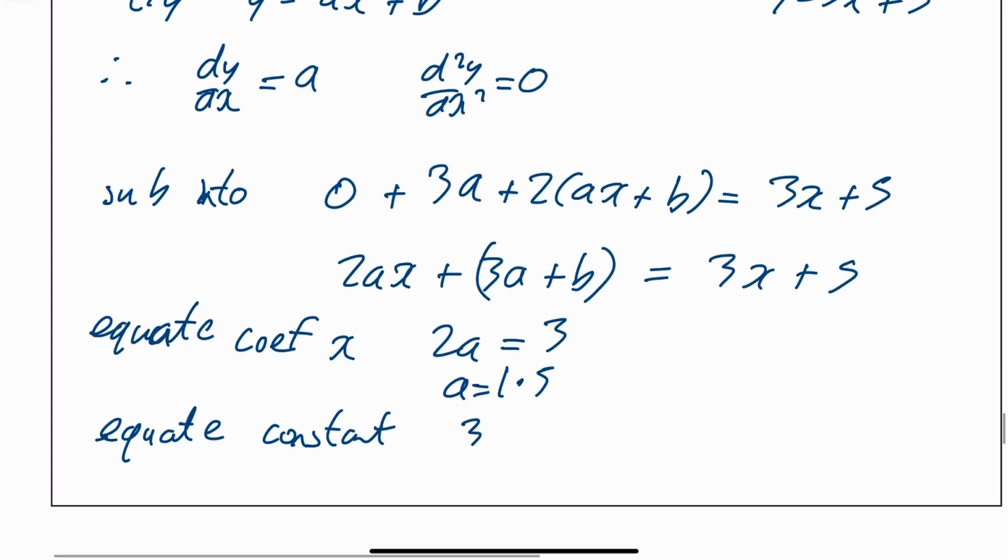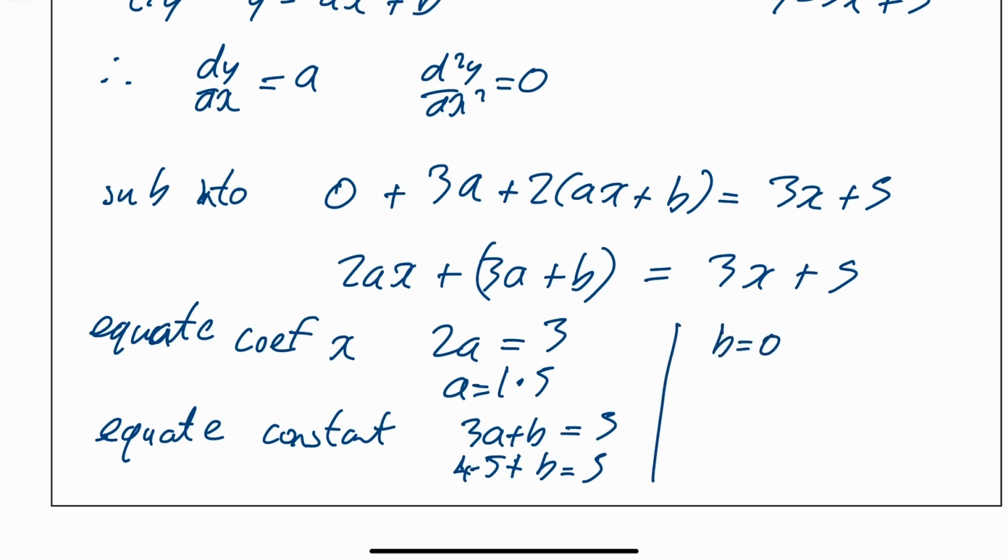So you've got 3a plus b is equal to 5. Pardon me, so a wee bit of working out then. That is 3 times 1.5 is going to be 4.5. 4.5 plus b is equal to 5. A wee bit of working out, your b works out to be 0.5. So you can say your PI, really squeezing this in here, is y is equal to